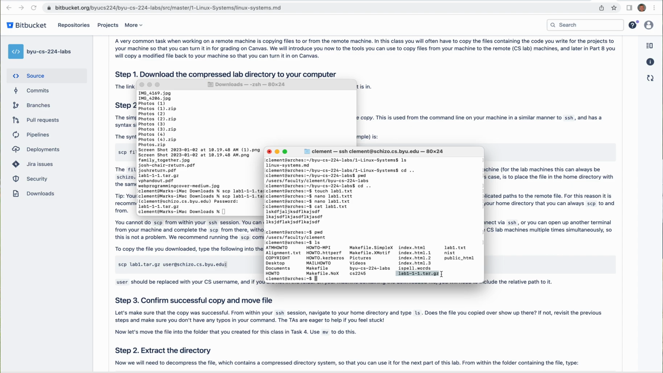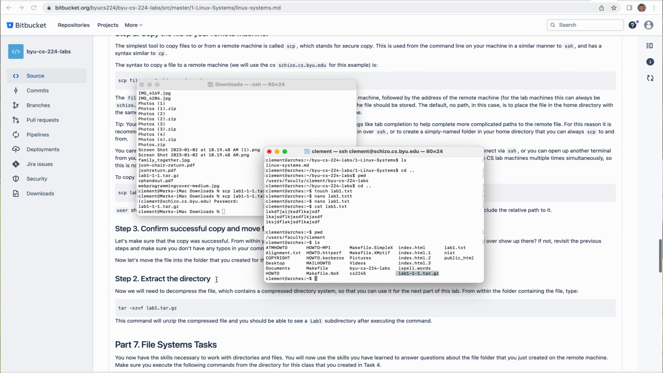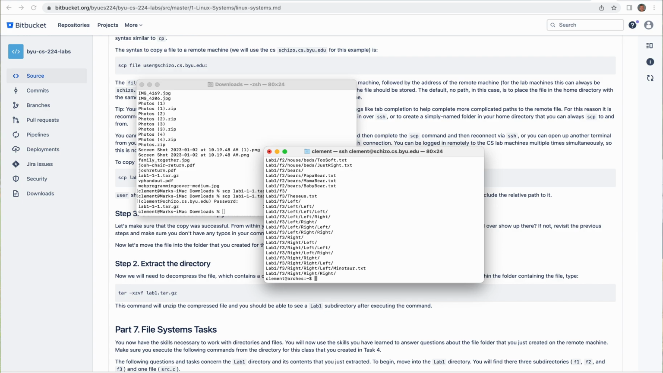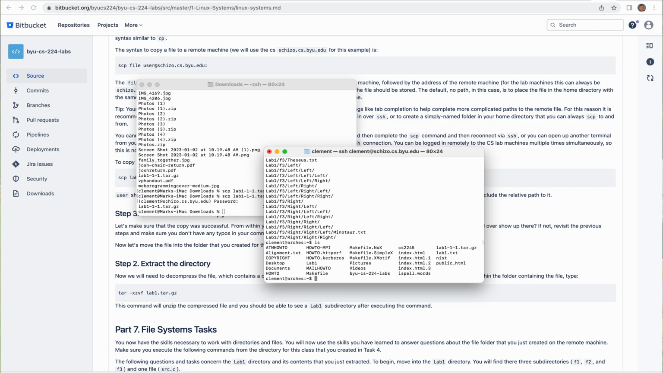So at this point, I can extract the directory by saying tar xvf lab1 thing, and it'll go ahead and put it all into this lab1 directory. Okay, so now I should be able to see that I've got this